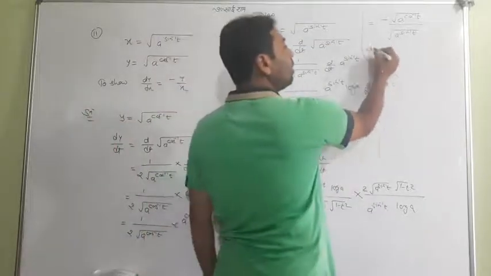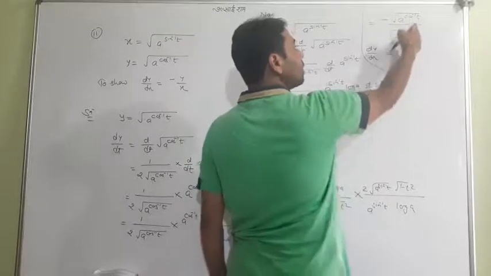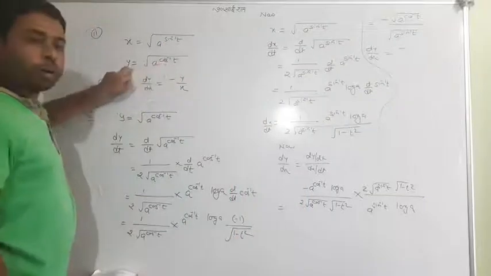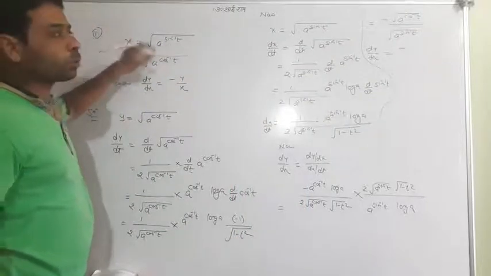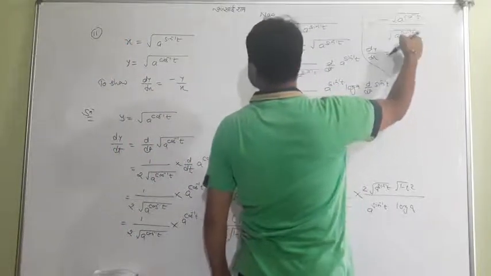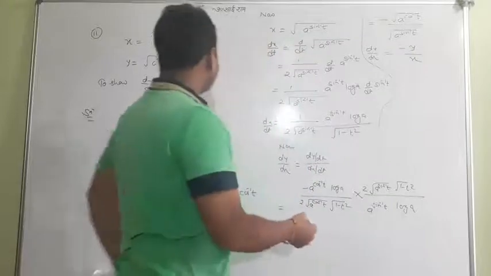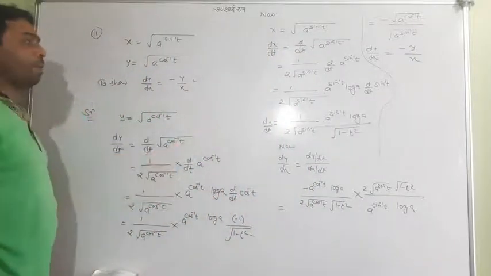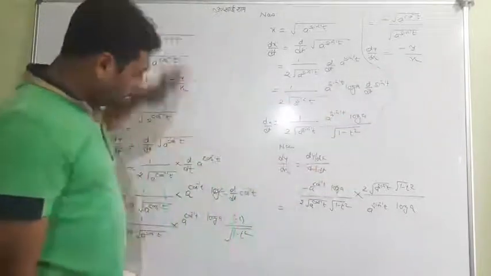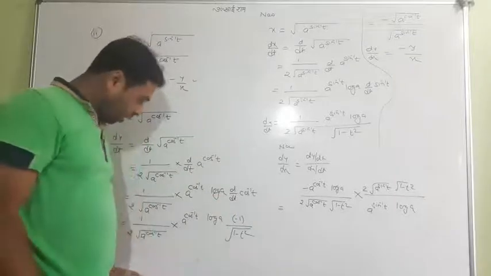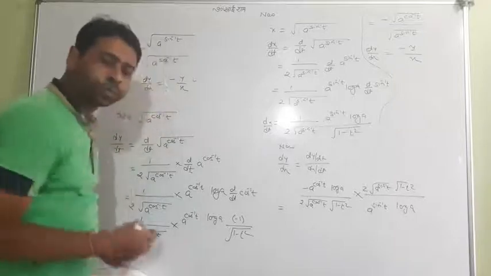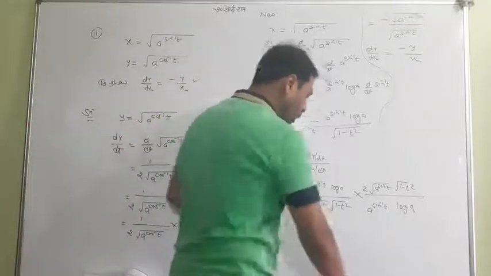So this is going to be dy by dx is equal to minus of this and this are coming, and the very pleasing thing is that a to the power cos inverse t is equal to y and a to the power sine inverse t is equal to x. So just put the proper values. Instead of that I'm going to put y, and instead of that I'll put x. And that is the only criterion which we wanted to show. Look, dy by dx is equal to minus y by x. It was a requirement, it has come. The question is just a bit long as far as the method is concerned, but the question is actually easy. It depends just on the chain rule, and I think you know it. So hope it is better to understand.